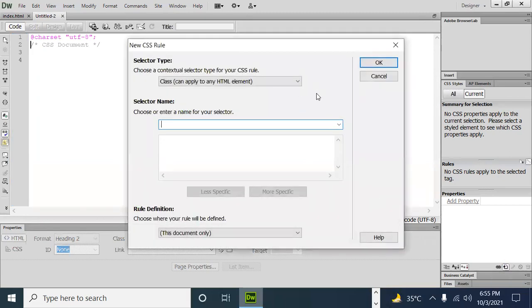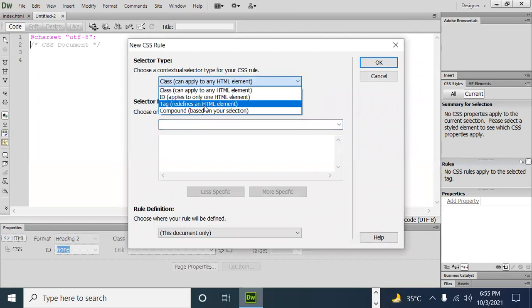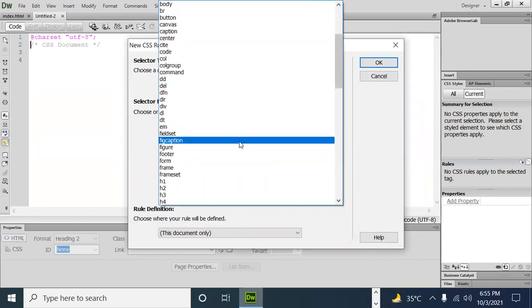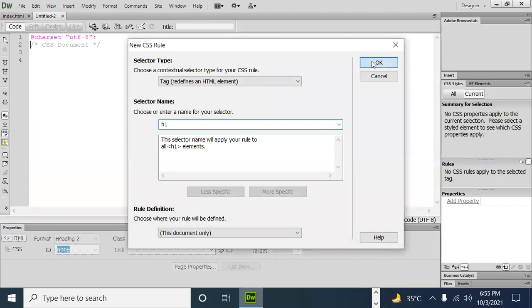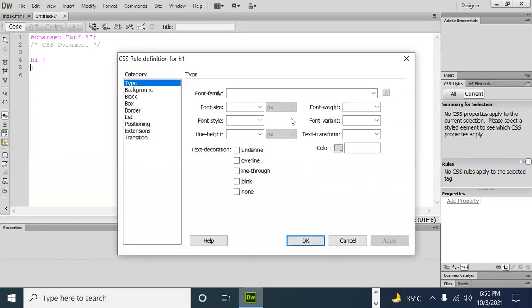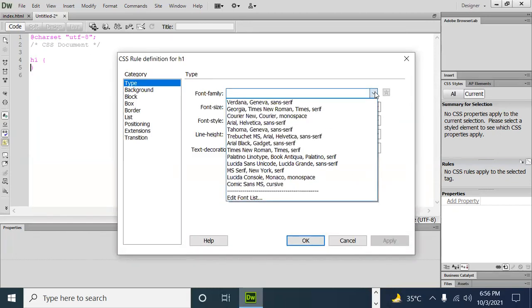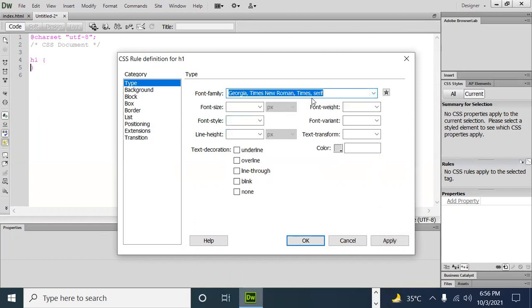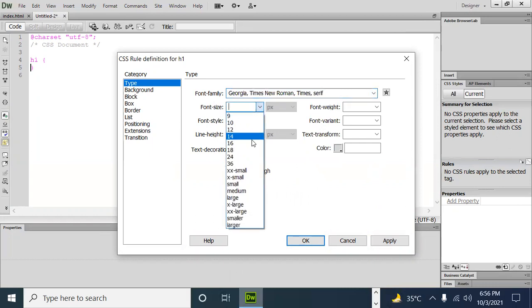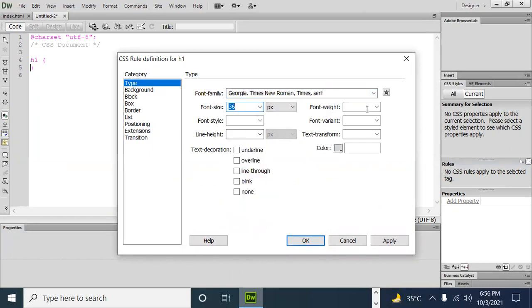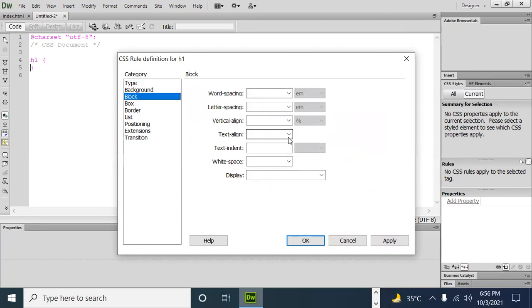Just click. Let's click further on tag, and I'm going to design H1. Click. So further we have many options and categories. First of all, a Times New Roman serif font. Font size is 36 px, and font weight bold. Then go to block, alignment is center.